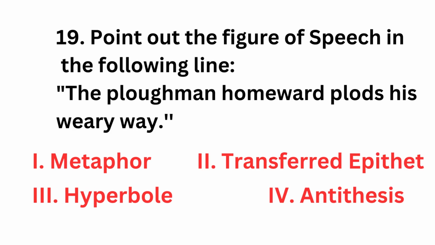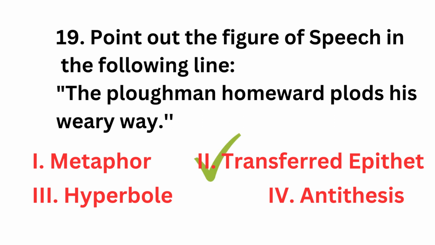Next one, point out the figure of speech in the following line. The plowman homeward plods his weary way. Let me tell you, transferred epithet is a figure of speech in which we transfer an epithet. Epithet stands for adjective. So whenever an adjective is shifted from one word to another, the used figure of speech is known as transferred epithet. Here you can see weary way is written. Weary means tired. So the way was not tired. Actually, the plowman, the farmer, was tired. Right. So whenever an adjective is shifted from one word to another, the used figure of speech is known as